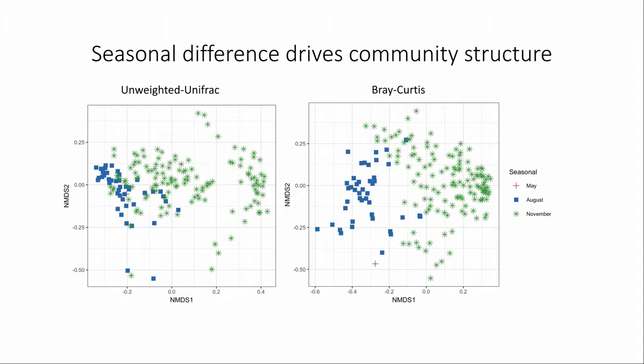I think, related in this plot, you do see two different populations in the November one. So when you're looking at who's related to who, there's a difference in the November. But once you get to just who's there and not there, you don't see that big of a difference between the